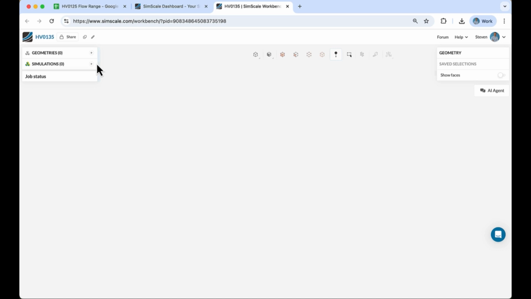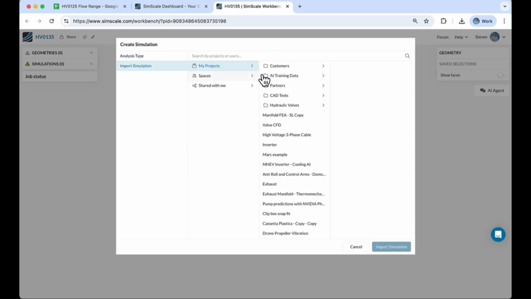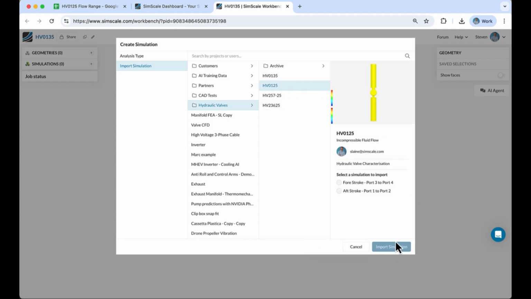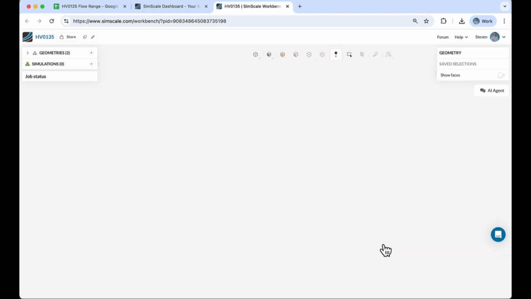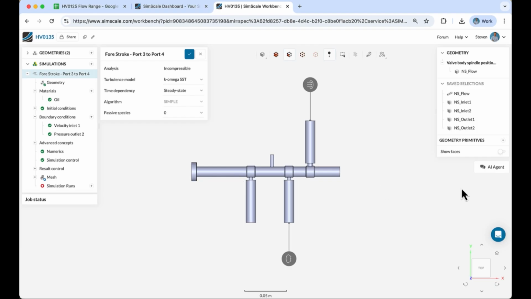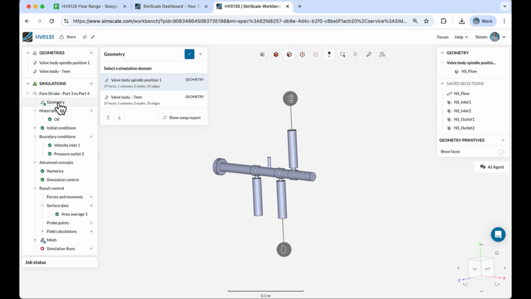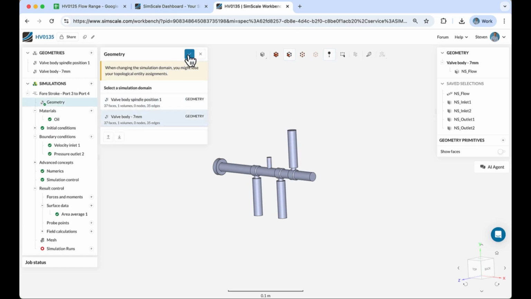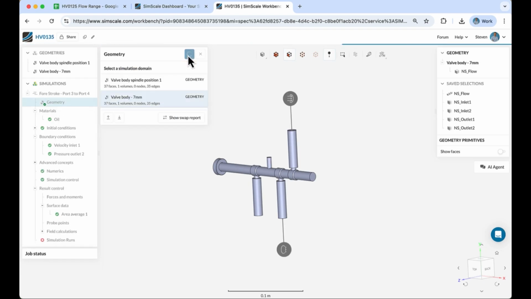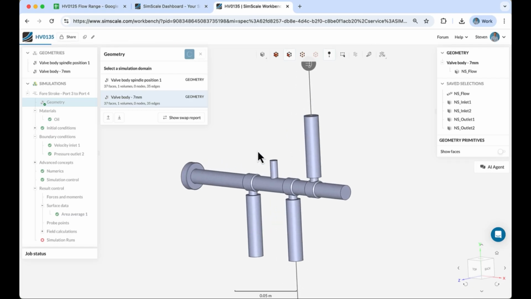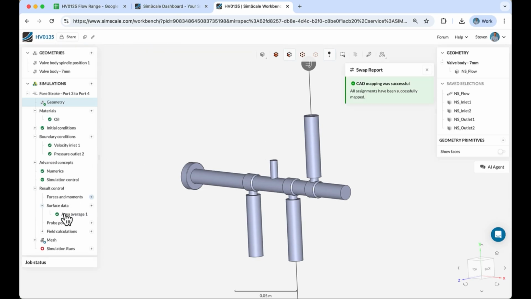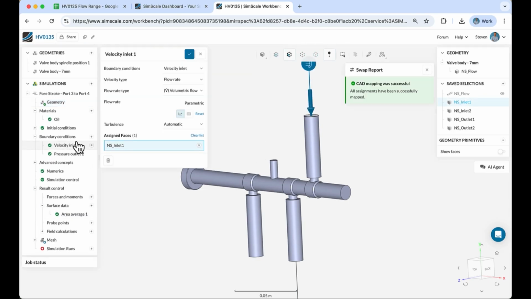So they bring in that CAD geometry from the CAD tool and then use the original simulation as a template for this project. So they bring in the previous one and then just literally swap out the CAD to the new 7mm port design. So thanks to the associativity in SimScale, all of the boundary conditions and material assignments are maintained. And all they have to do is bring that new CAD in and then run the AI prediction to see how it would perform.